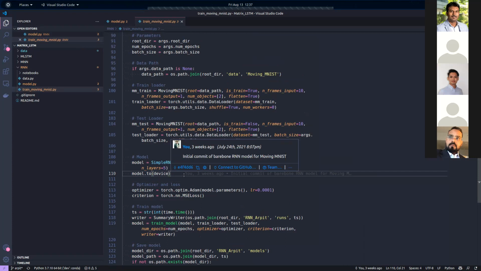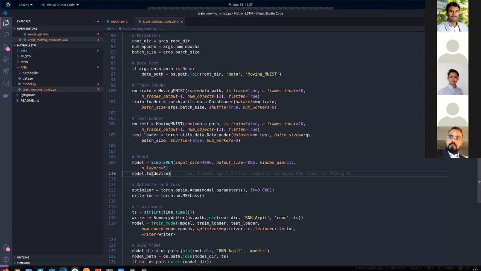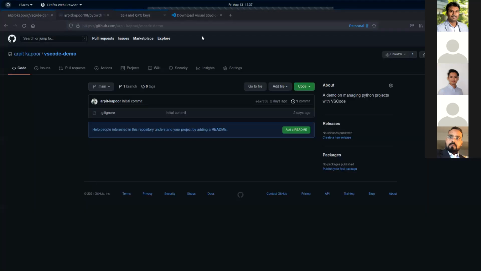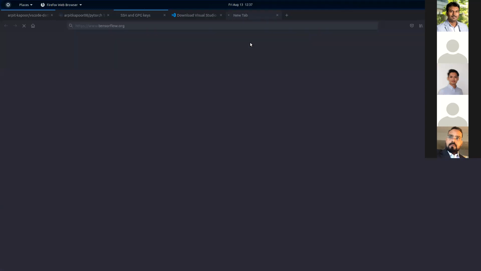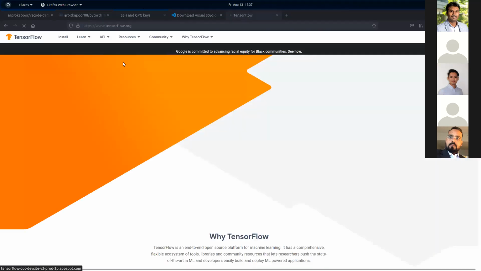But a common issue with CUDA is that different frameworks support different CUDA versions. For example, TensorFlow would support CUDA 10, and your PyTorch might support CUDA 11 or a different version, or maybe PyTorch supports CUDA 10 and TensorFlow supports CUDA 11. So a common thing that I do in my practice is, when I'm installing TensorFlow, I just go to TensorFlow.